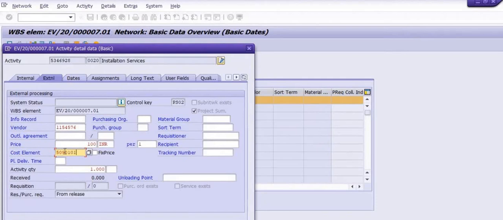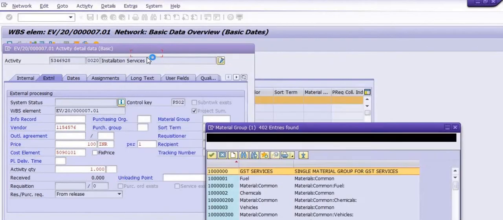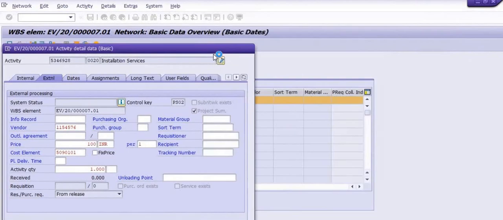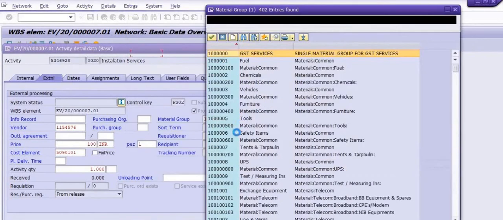Okay, cost element, we have a GL account 5090101 for internal capex activity. Material group, we have filled the material group, different options. Depending on the nature of the project, you can fill the material group. Okay, and